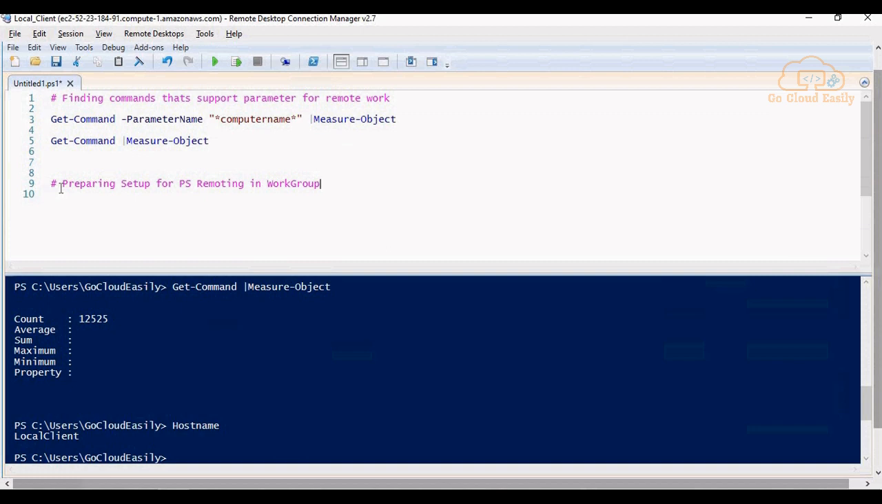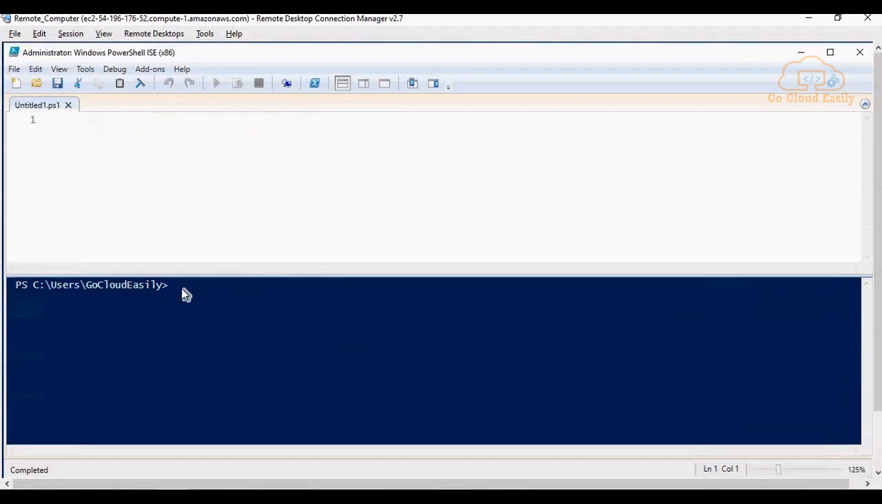So let me name this demo as preparing setup for PS remoting in workgroup environment. For this, first of all, we have to do some work on remote machine. Remote machine, if we want to check its name, it is Remote Computer. All right. So we have to do some steps on remote machine, and what those steps are, first of all